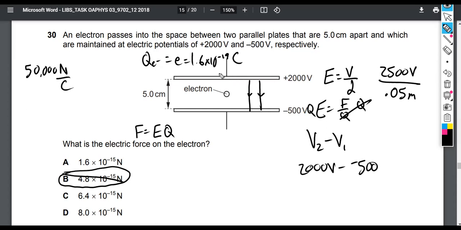So you don't need to memorize that, but maybe you would have it memorized by the time you sit for the paper. So the electric field times the elementary charge, the charge on an electron. For students in class, that's what we were talking about with the essential question on the chalkboard today. And multiplying these two gives you 8 by 10 to the negative 15 newtons, which is why choice D is